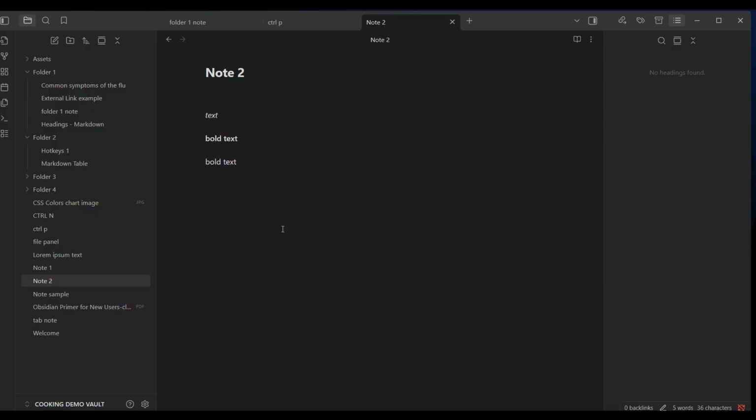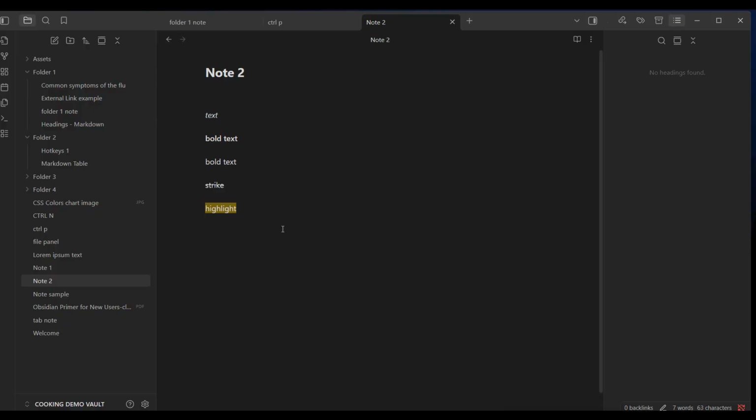The bold doesn't stand out all that much, but I think you can see that it is made bold. Strike through, double tilde, highlight, double equal sign,